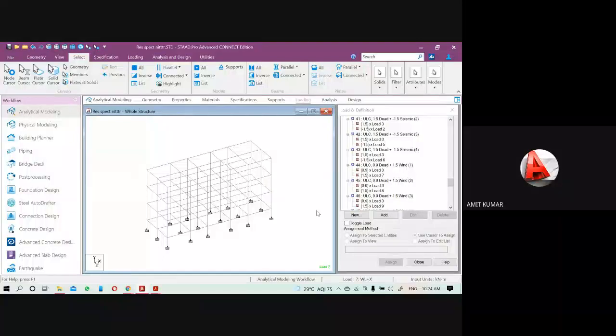Basically we create the envelope to check the durability of the structure and to check the strength of the structure also. Strength means the condition just before the collapse.